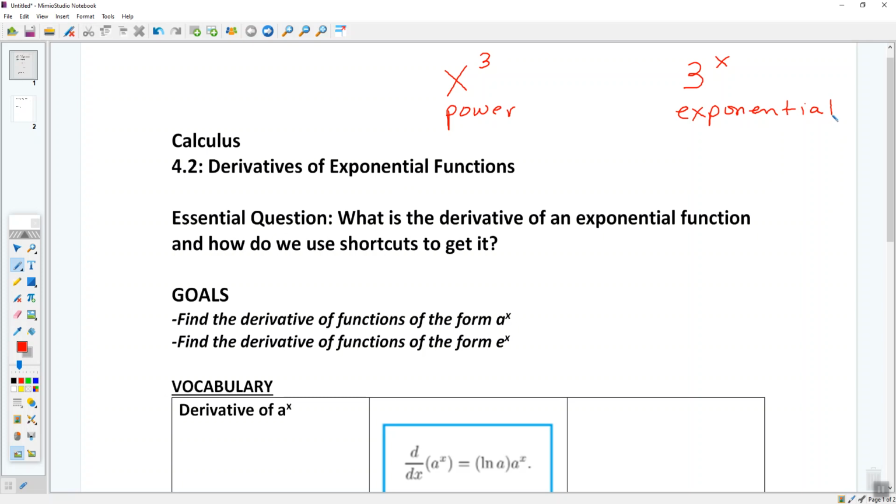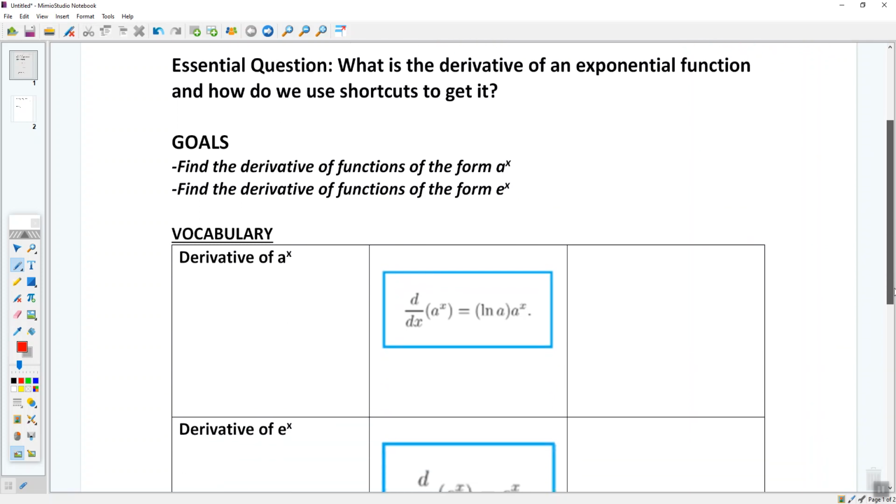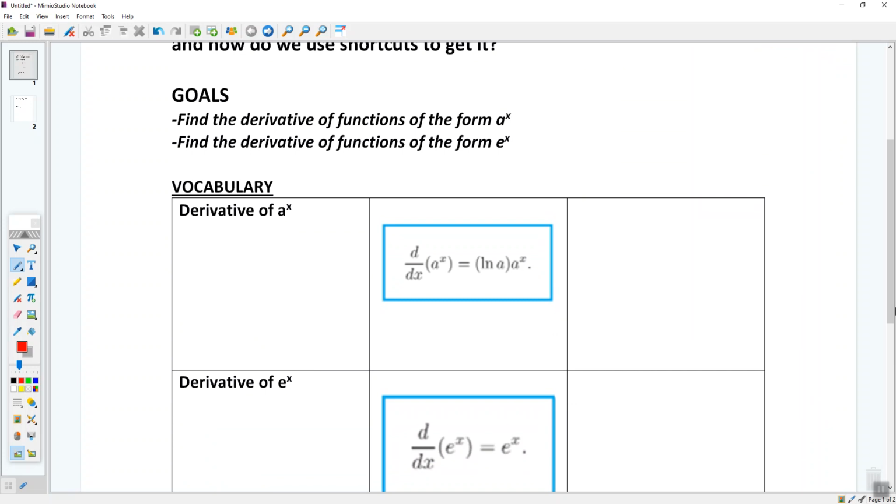Okay. So goals for today, guys. We're looking at find the derivative of functions of the form a to the x. In this case, a is some number. Okay. And then the other part of this is find the derivative of functions of the form e to the x. Okay? Now guys, if you remember way back in chapter 1,